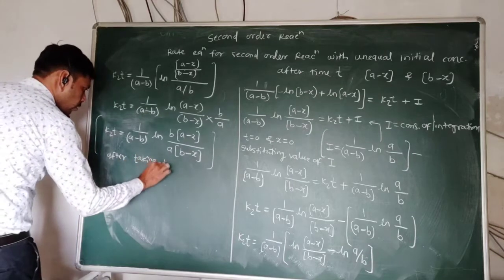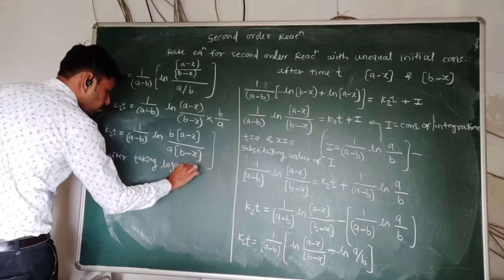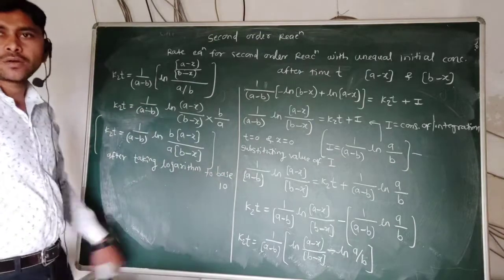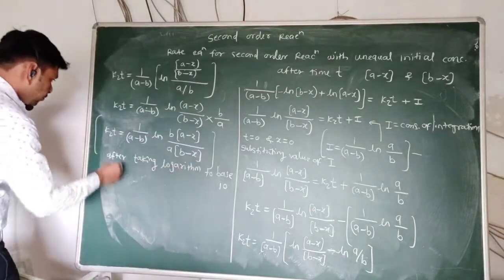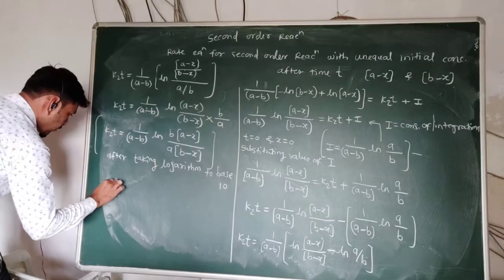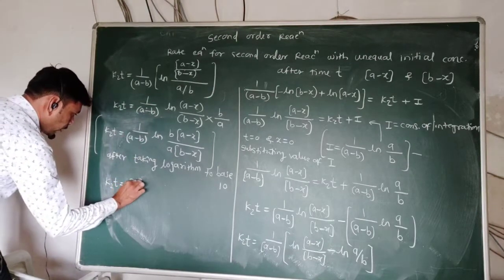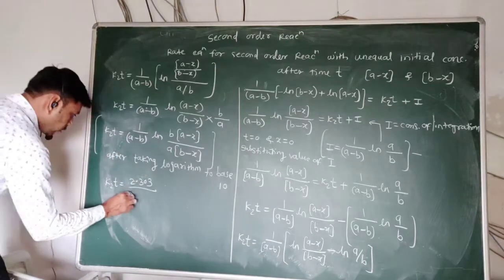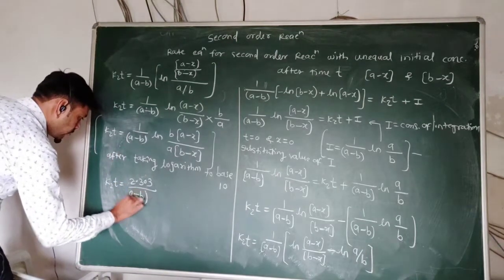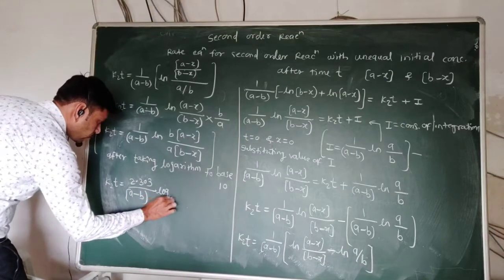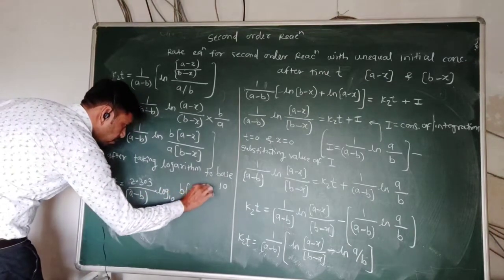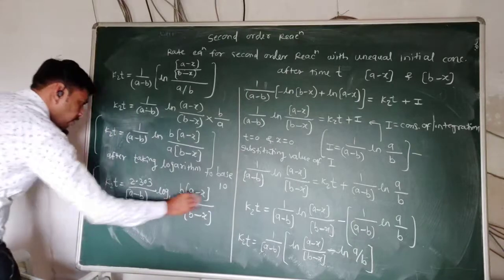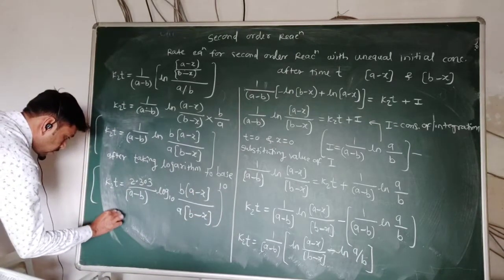After taking logarithm to base 10, we get k2t equal to 2.303 upon a minus b, because to convert natural logarithm to base 10 we have to take 2.303. Now log to the base 10 of b into (a minus x) upon a into (b minus x). So this is the rate equation